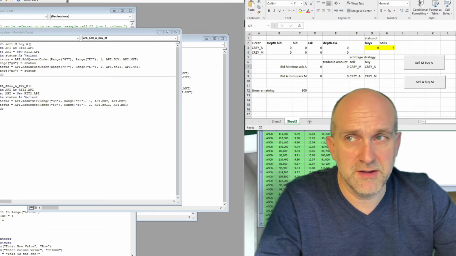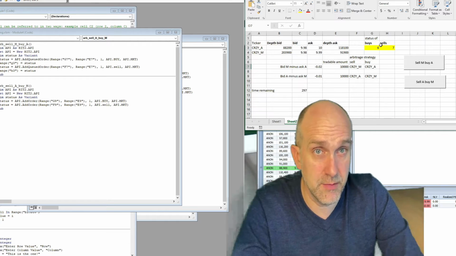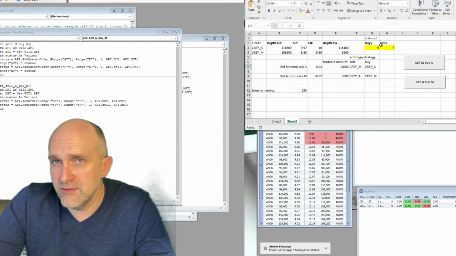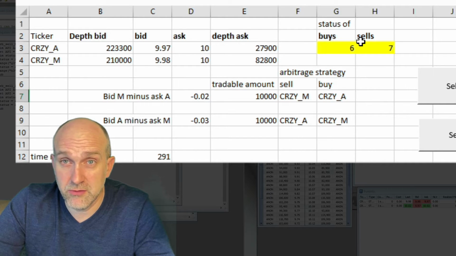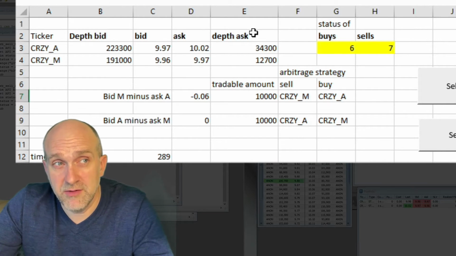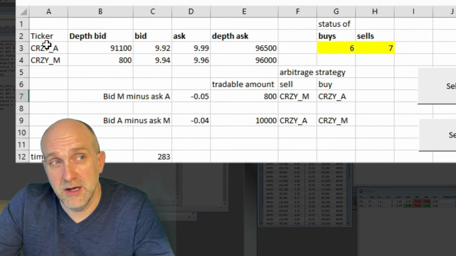Now let me go to RIT. What I have in RIT here, if you're looking at this Excel part of the document, is essentially the same case where you have trading of the same security on two different markets. Now what I have done, if you look at the top of the screen here, is I have a ticker